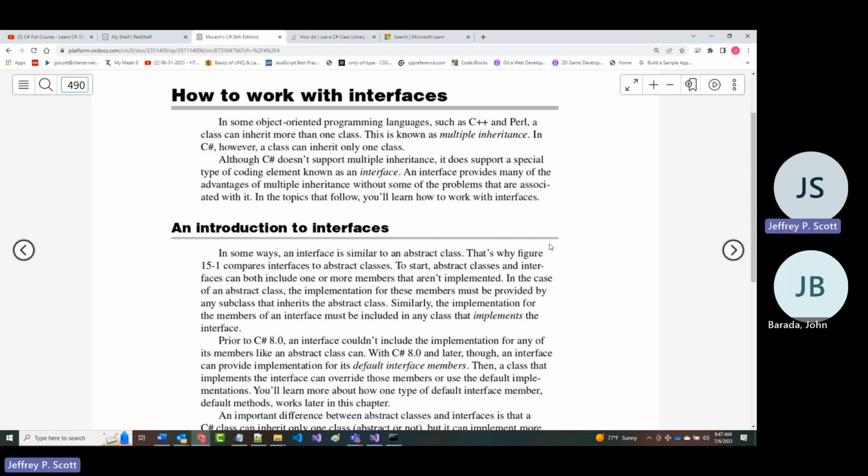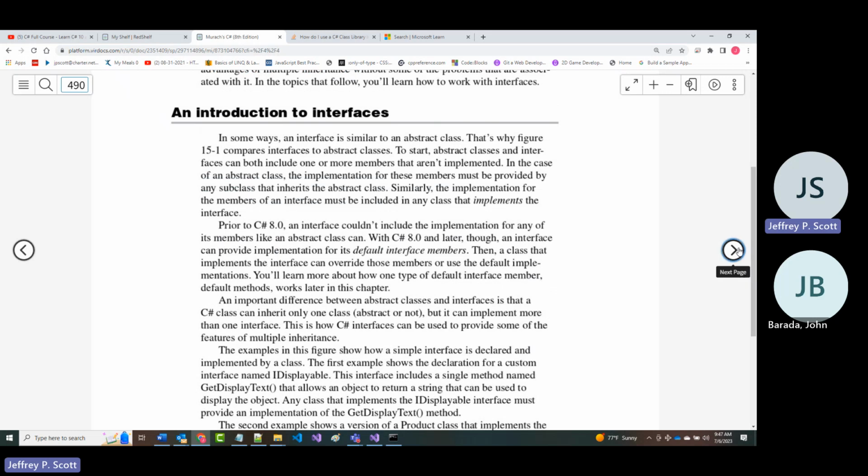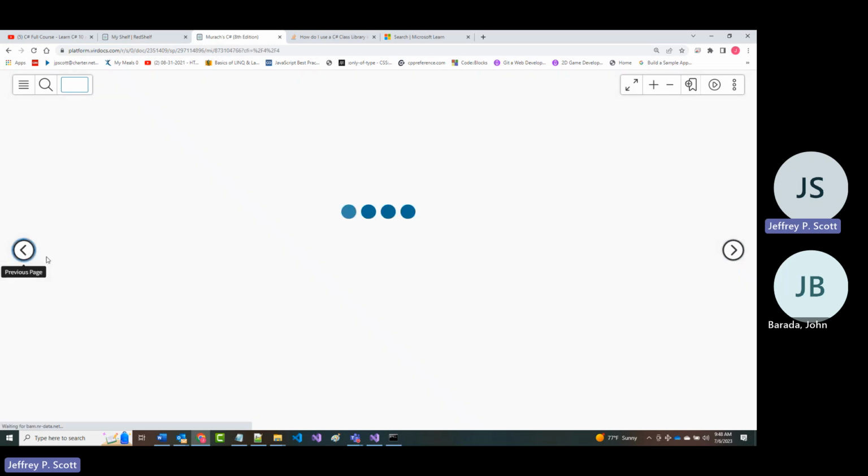And as mentioned there, an interface provides many of the advantages of multiple inheritance without some of the problems associated with it. All right, now I believe, and maybe I'm wrong here, yeah, they're going to give you a comparison and compare and contrast the two on the next page.